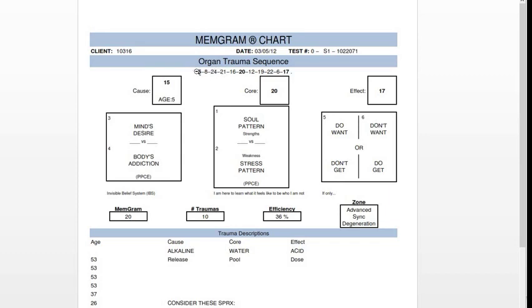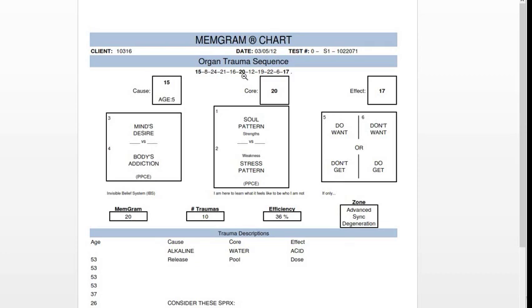Alright, in your chain there are 3 key positions. You have the cause, the core, and the effect. Also in these small boxes, 15, 20, 17 in this sample. Now these 3 key positions in the chain tell us something that's very important about you. The middle number, or numbers, core,